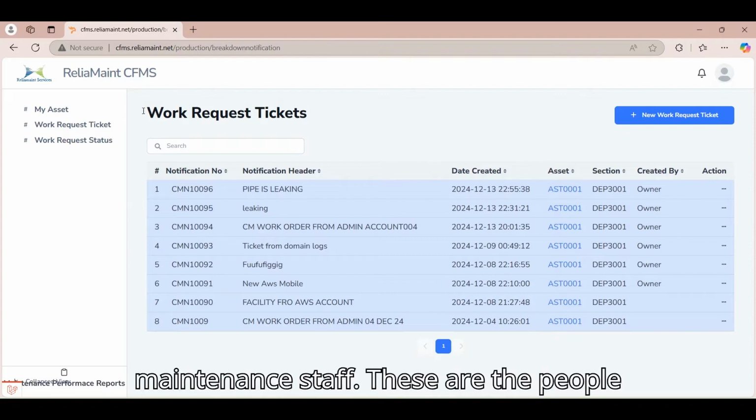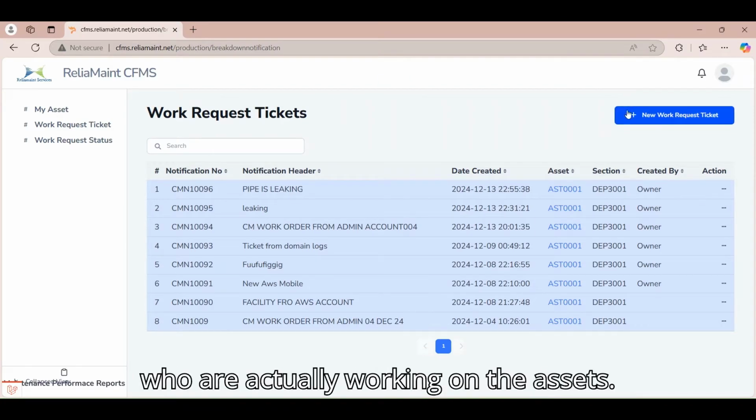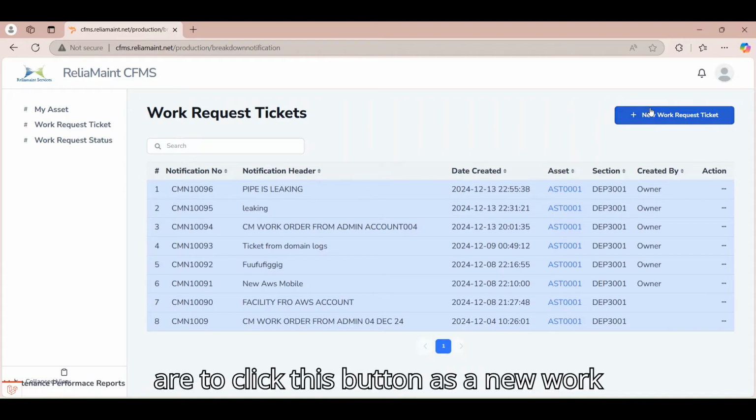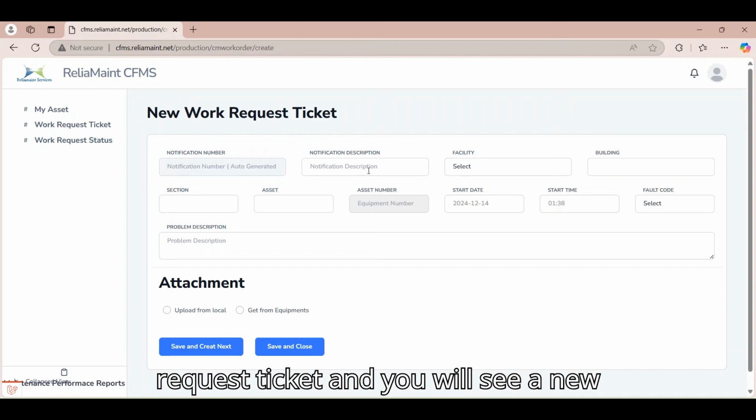is the field maintenance staff. These are the people who are actually working on the assets. If we want to create a new request, we are to click this button as a new work request ticket,